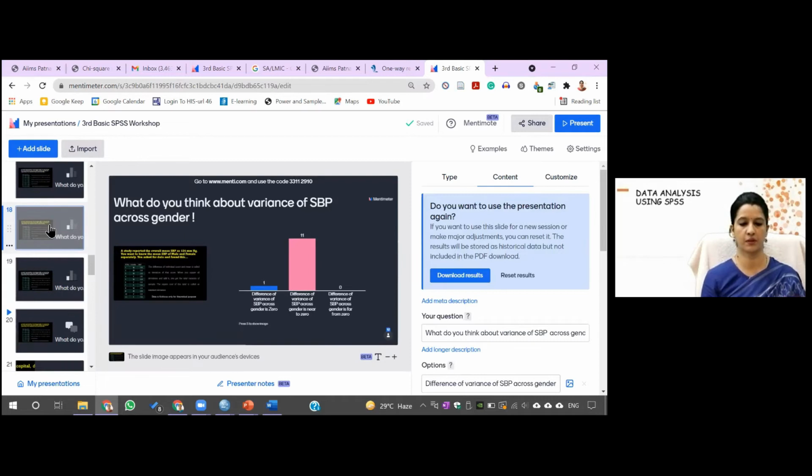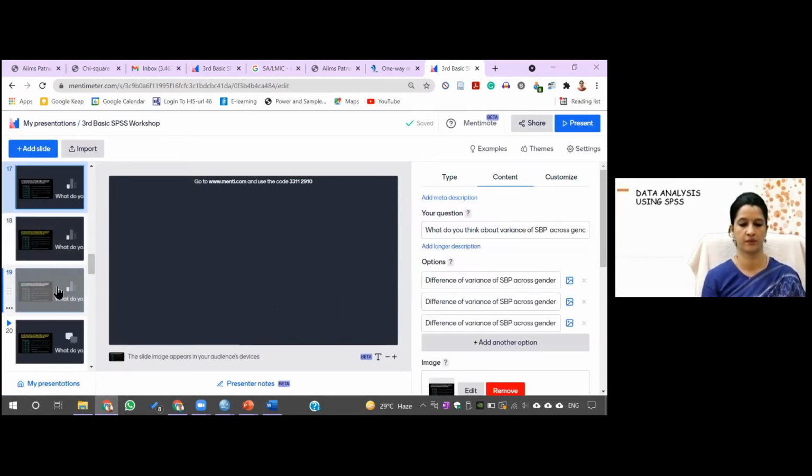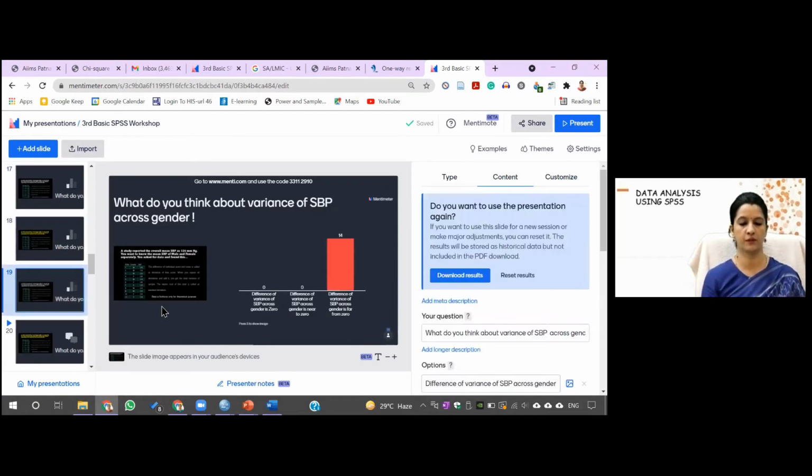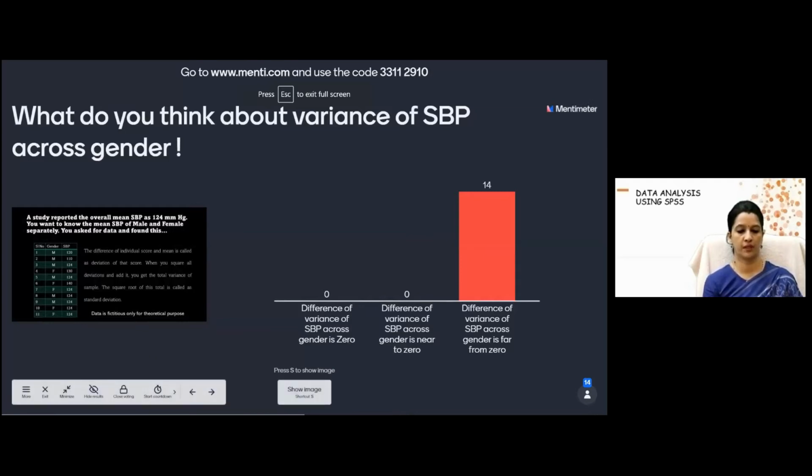So this was the question: variance of SBP across gender. So if you see this data,